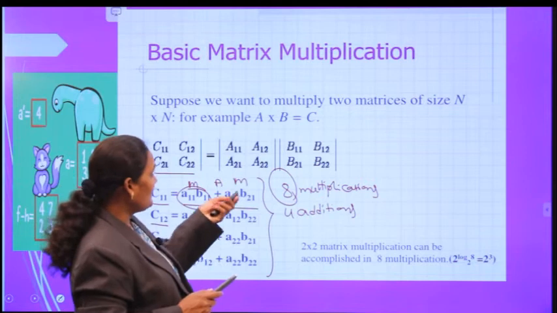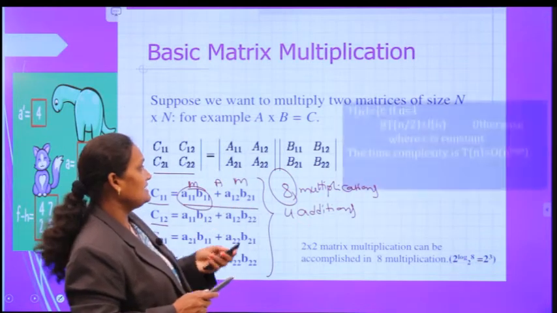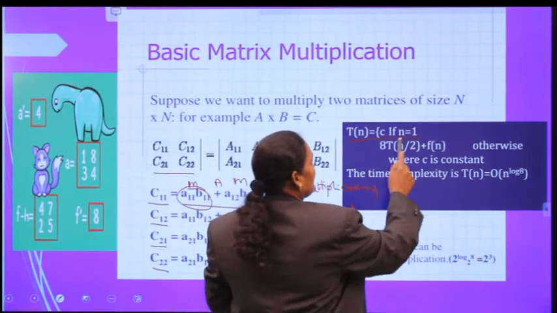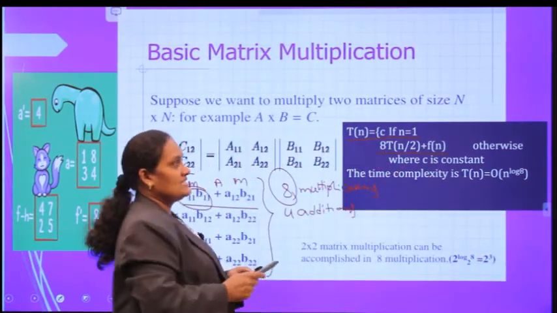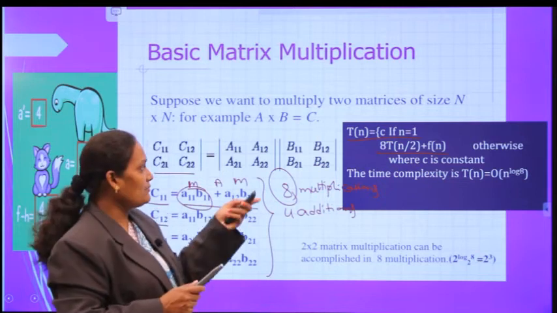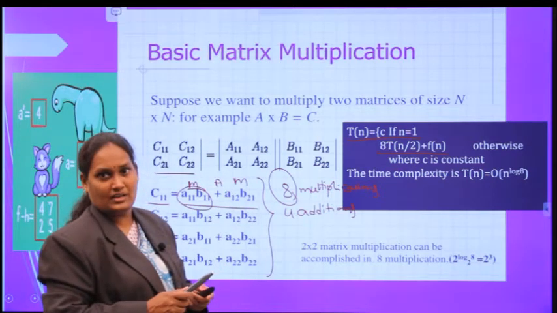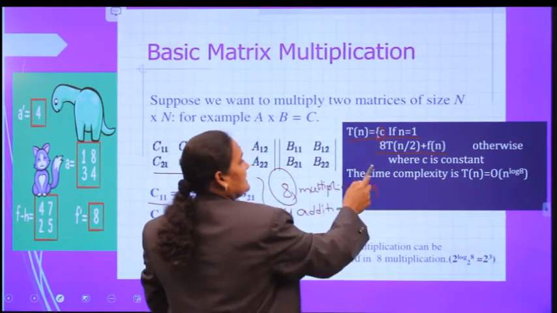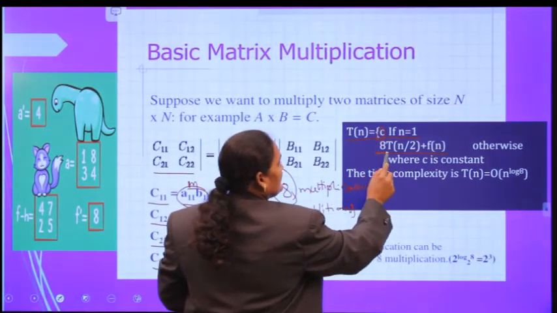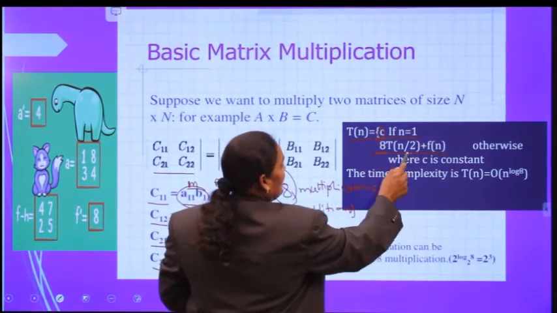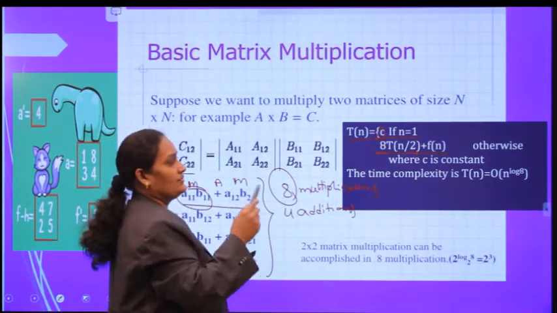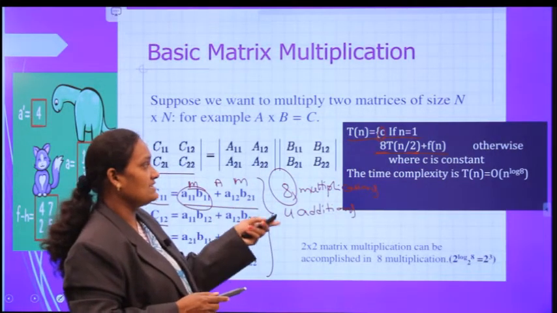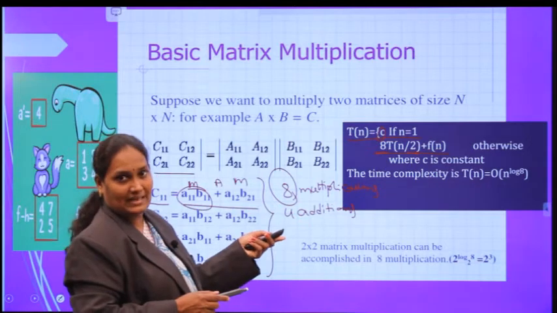Now, what is the time complexity of this procedure first? Let us see the time complexity of this procedure. Here, this gives the time complexity recurrence relation for general matrix multiplication. Here, T of 1 is equal to C, and the value of a is 8 and b is 2, and f of n. So by solving this recurrence relation and calculating the time complexity,